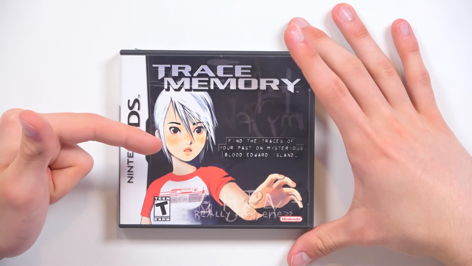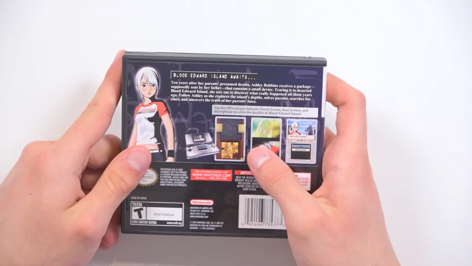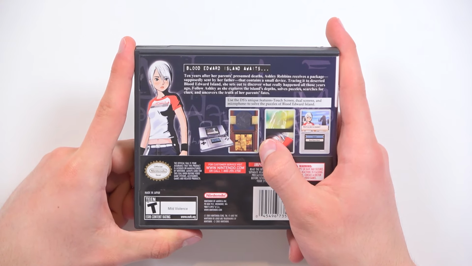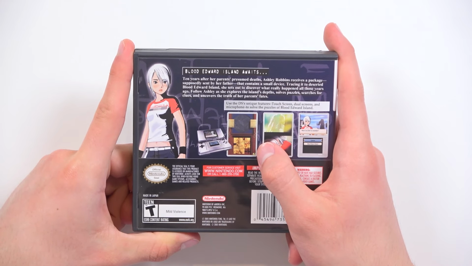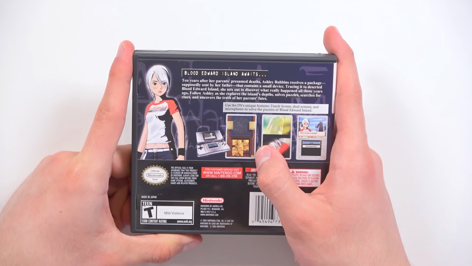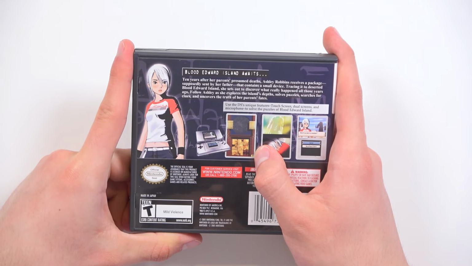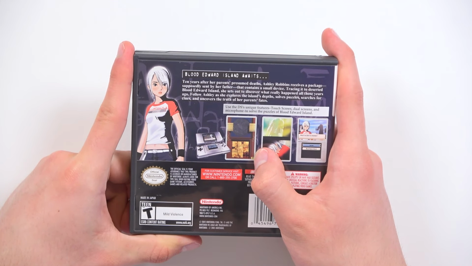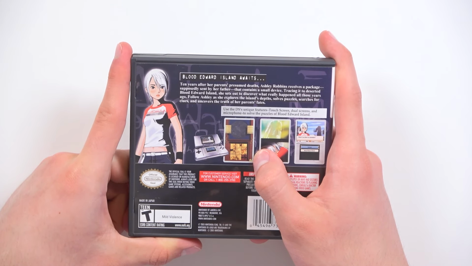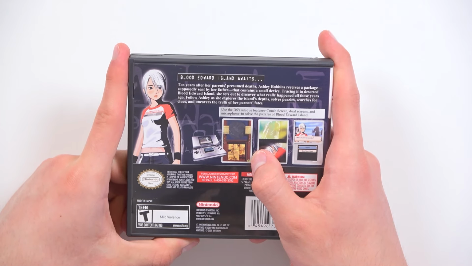Find the traces of your past on mysterious Blood Edward Island. And I believe it gives you the preview on the back. 10 years after her parents' presumed deaths, Ashley Robbins receives a package supposedly sent by her father that contains a small device. Tracing it to deserted Blood Edward Island, she sets out to discover what really happened all those years ago. Follow Ashley as she explores the island's depths, solves puzzles, searches for clues, and uncovers the truth of her parents'